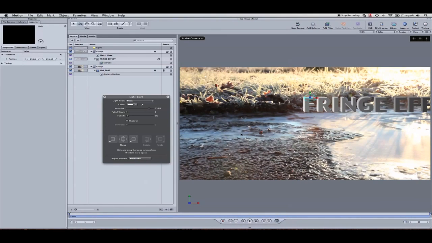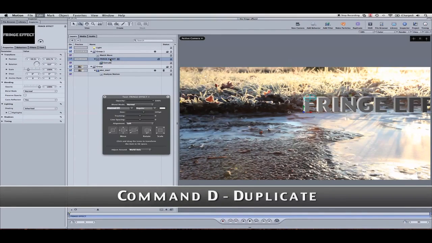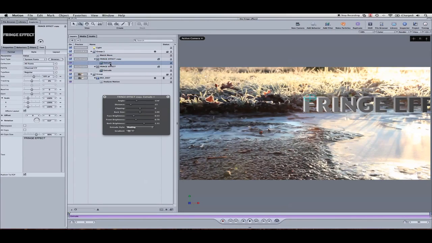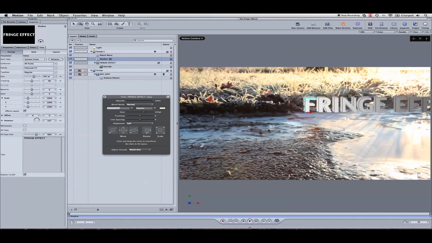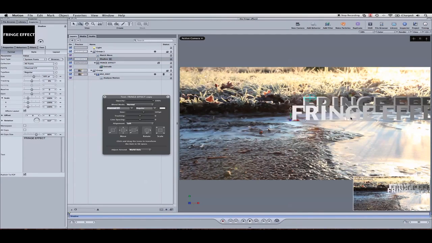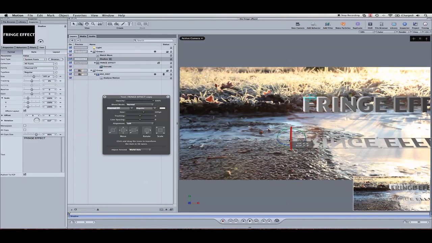Cool. So then the next thing that we really want to do to sell the effect is add a shadow. So what we're going to do is duplicate this by hitting Command D. We're going to turn off the extrude, and let's actually title this so we don't get confused, Shadow. Now it looks kind of like a weird effect on there, but pull it down, turn this down. I'm using these 3D controls right up here,